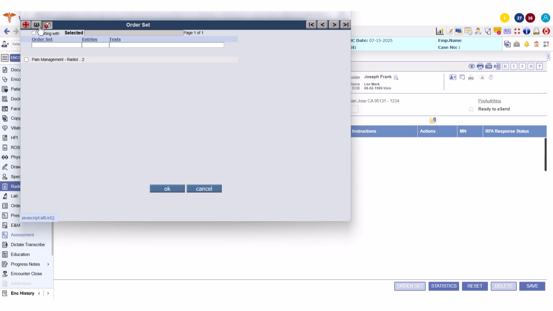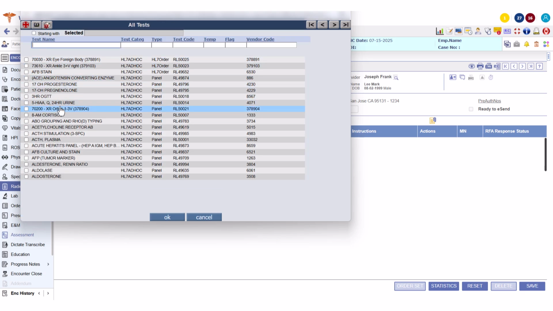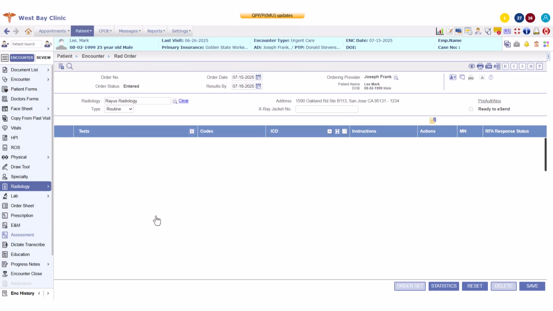For this demonstration, we'll select X-ray orbits 1 to 3 views. To delete any added test, you can click the Delete icon to the left of the test name. Next, ensure the appropriate ICD codes are associated with the test. You can configure property settings to automatically assign assessment ICD codes to tests, or manually add new codes using the